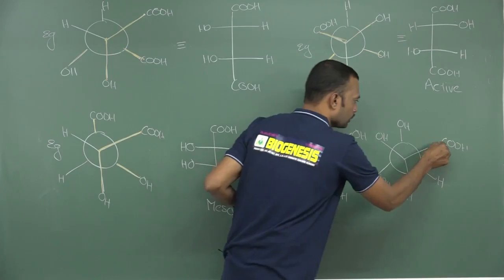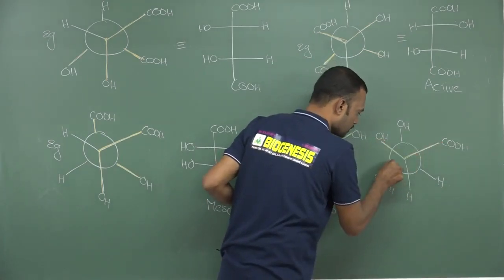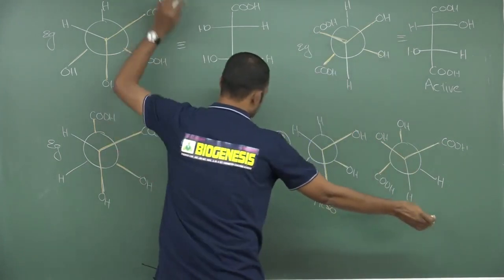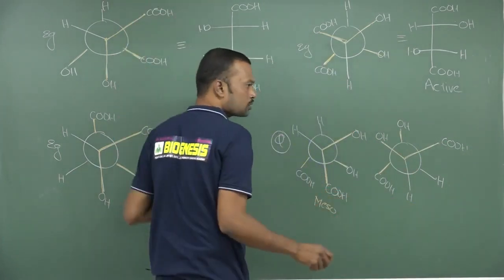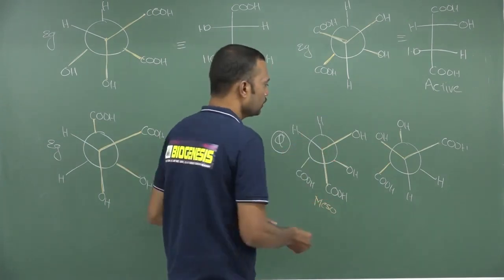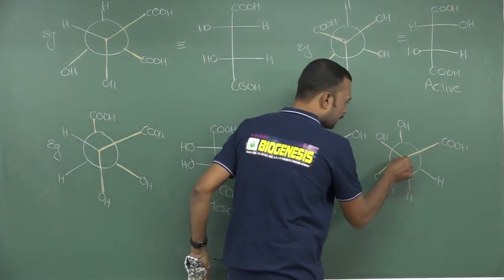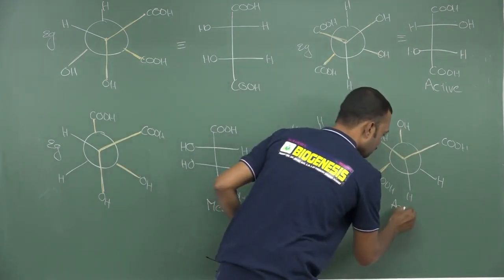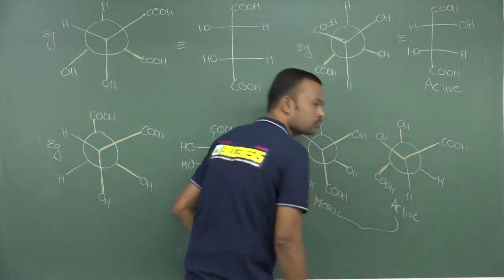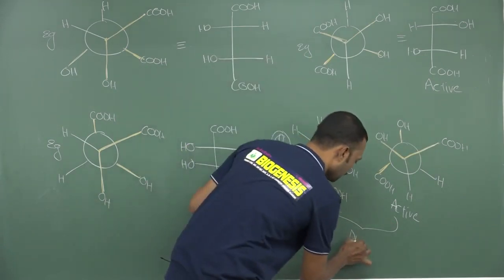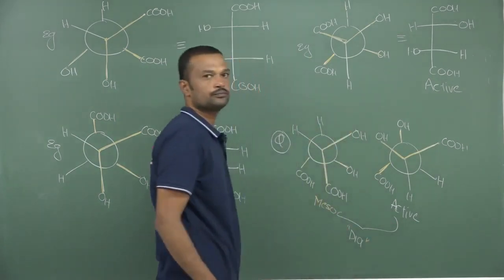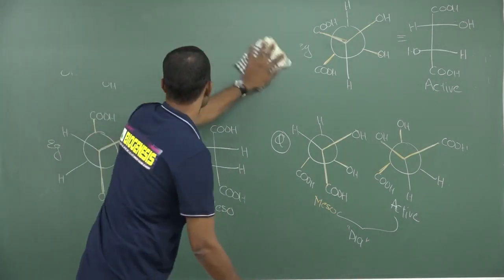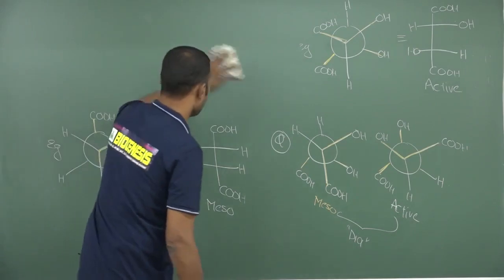Okay. Now here also, this is leg, this is right side. Now this is leg, this is left side. Here right side and this is left side, means you imagine like this only. Always imagine you are watching from the back side of an observer. So this is leg, this is right side, this is leg, this is left side. So now this is active. So if it is active, what is the relation between these two? Meso and active are completely diastereomeric in nature. So I will give an example, you try and say the relation.